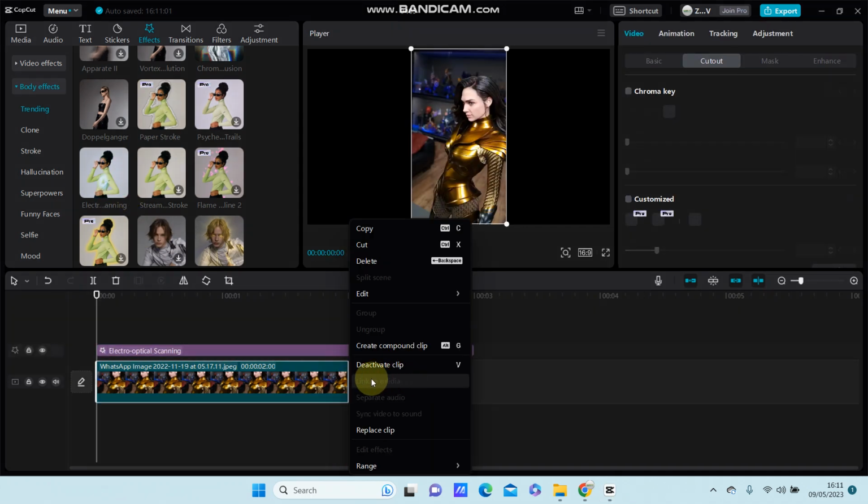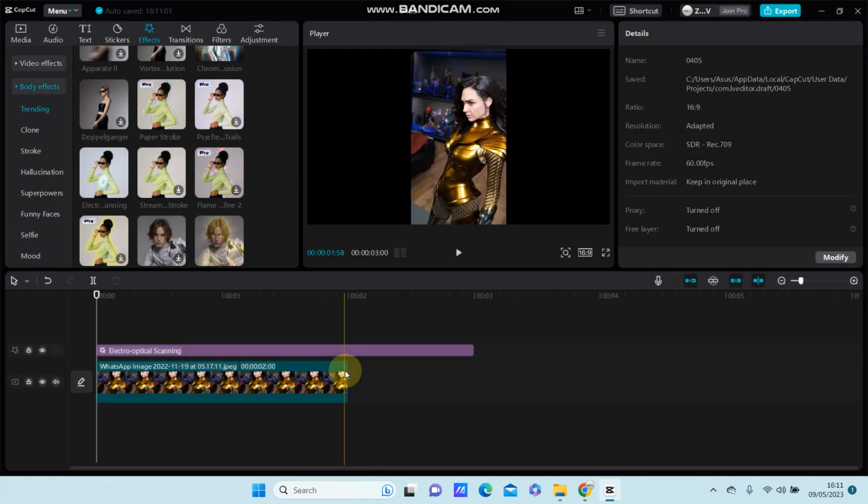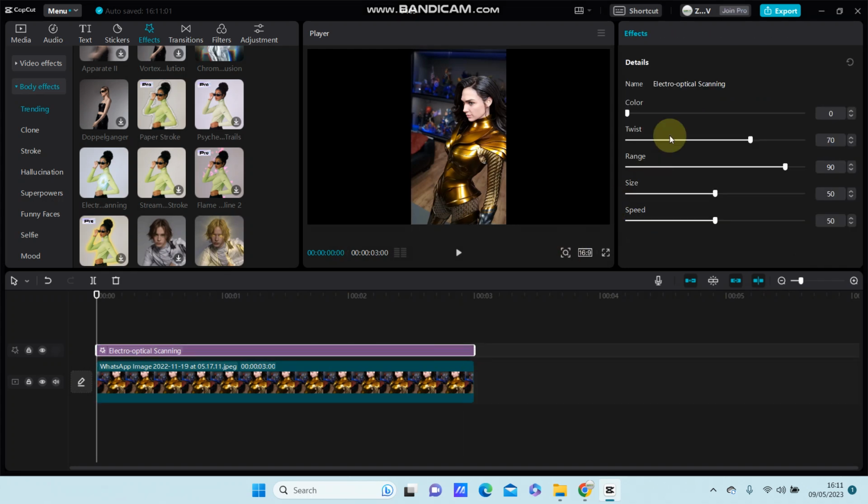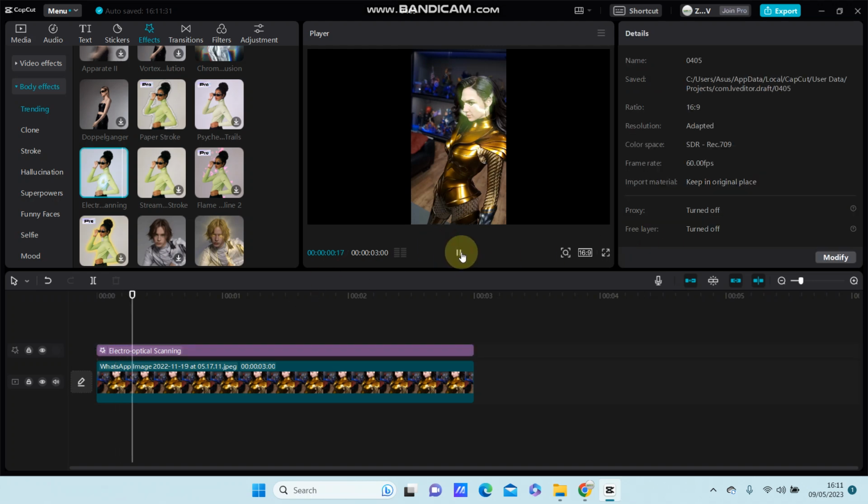Adjust the duration in the same way. And thanks for the option right here for the color. Alright, and then twist, range, noise, and then speed. Here we go. So